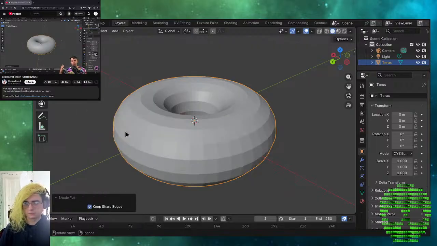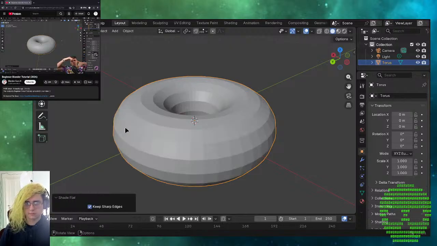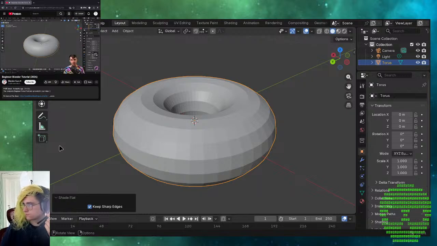So basically shade smooth, without getting too technical, anytime there are two faces, it just kind of smooths out that point, like fakery. So it's not actually adding any additional computation time, which is important, but it's appearing to the eye to be smooth. Okay, so in previous donut versions, we would start making the icing, and although that's fun to make,